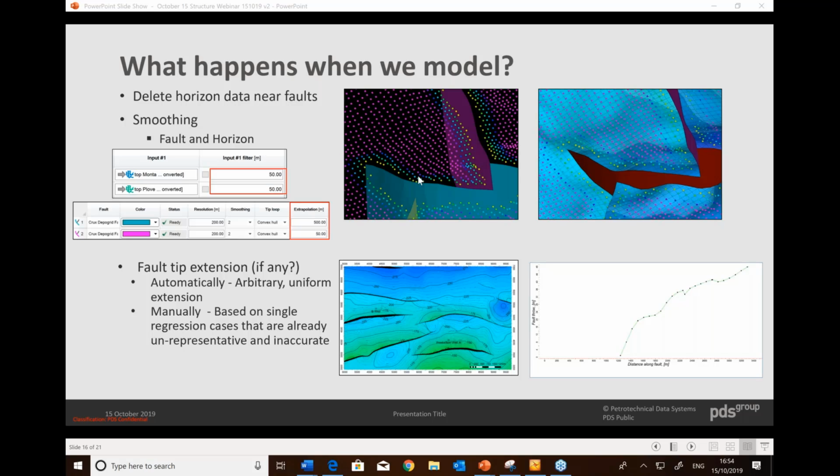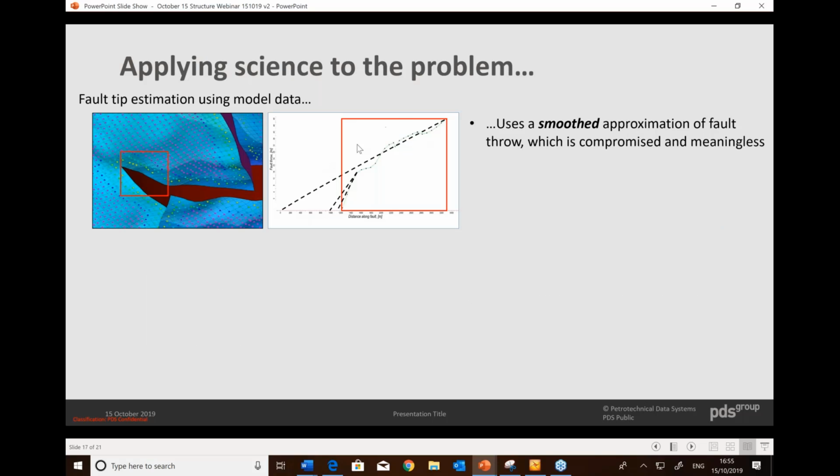We would always recommend using the interpretation data as close to its imaging resolution as possible, because what we see, if I just skip forward again onto this slide, is that this is essentially just an approximation. It's already been smoothed. We're missing basically about 500 meters of the actual fault before we even start doing the regression analysis. And that's caused by the closing up of this fault close to the